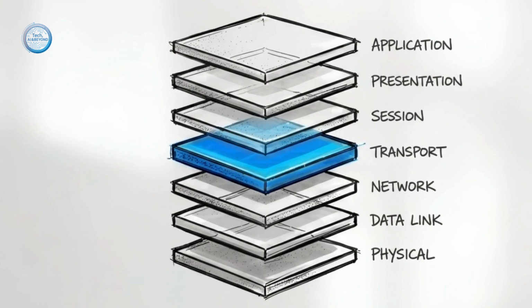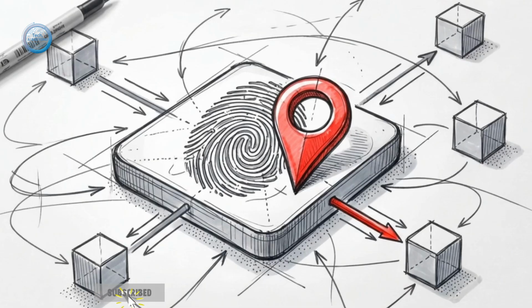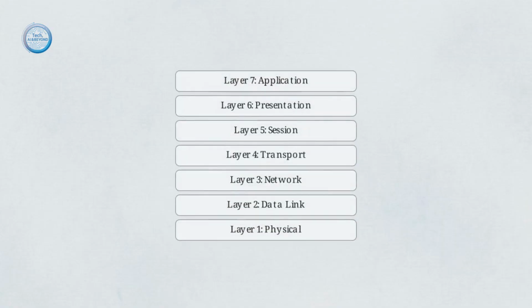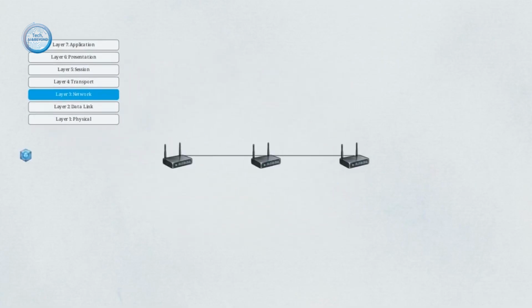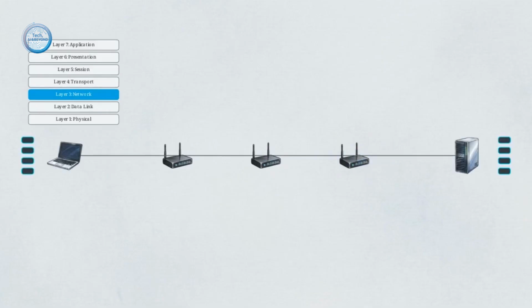In the architecture of the Open Systems Interconnection model, combining identity and location into a single numerical label creates a design principle known as fate sharing. This diagram maps the OSI model, highlighting the network layer. Notice how the core internet routers operating here are entirely stateless. They evaluate the numerical labels on incoming packets, instantly forward them to the next hop, and immediately discard all memory